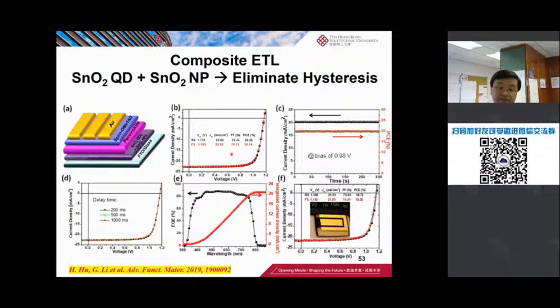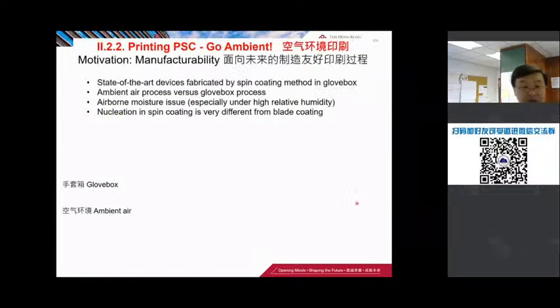Okay. In summary, for this part, we are able to get a hysteresis-free perovskite device using the simple air knife helped method. So we get a 20% efficiency, and on the larger area, 1 centimeter square, we get over 18% efficiency. Okay. So that's what we do in the glovebox, and